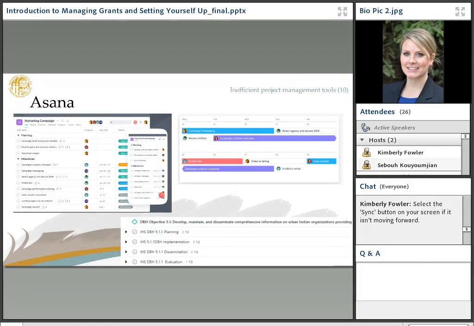Before I move on, I know that somebody had shared that they're looking to switch to Asana soon, so I'm not going to get more deeply into Asana, but I wanted to ask if anybody does have any questions about Asana specifically before I do move on. And feel free to use the Q&A box or the chat feature, or just unmute your line.